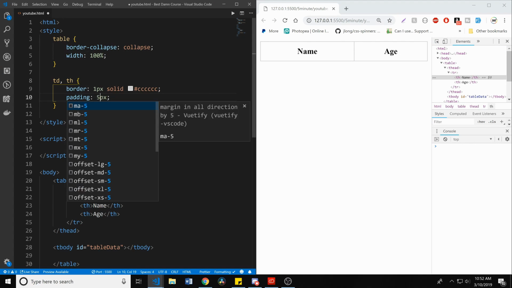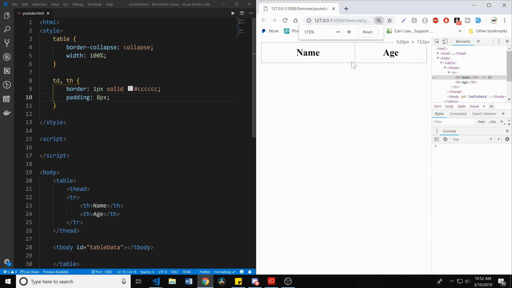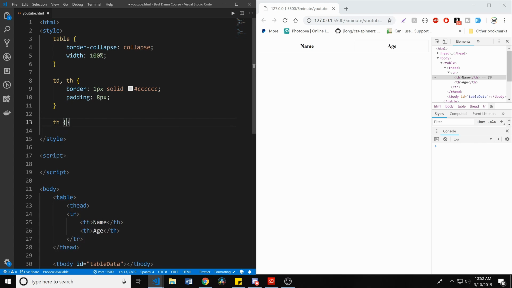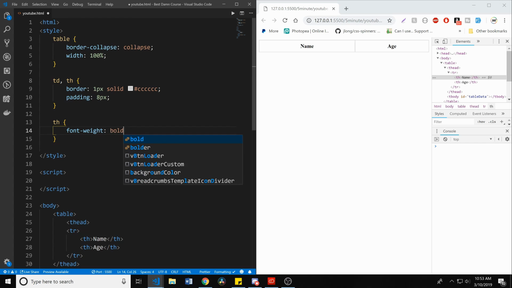So maybe we'll do something like, I originally did 8 pixels, but am I zoomed in a little bit? Oh, that's why it looks a little wonky. Okay, so right now we only have the table headers. Doesn't look super good, and probably even for the THs, just give it a little bit of a font-weight of bold,